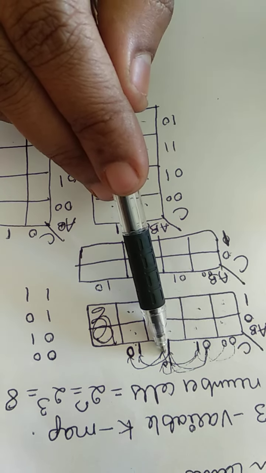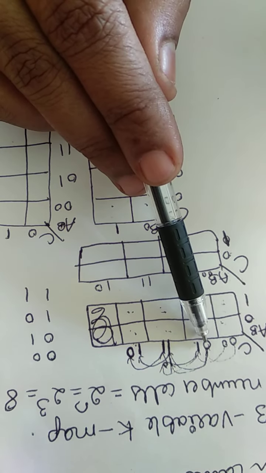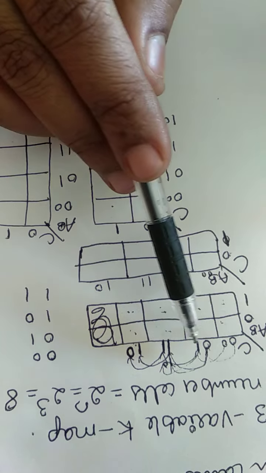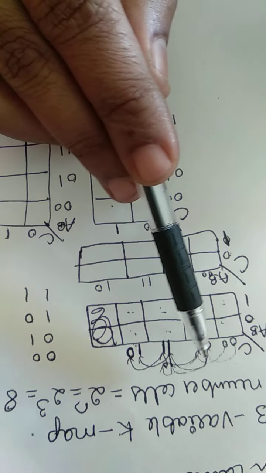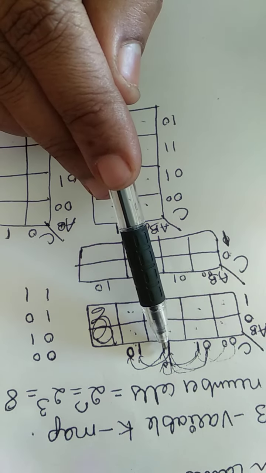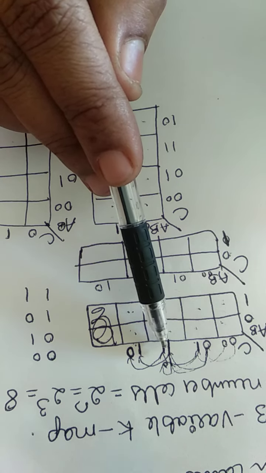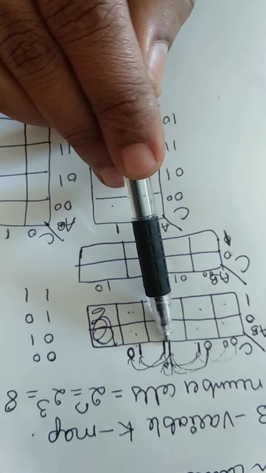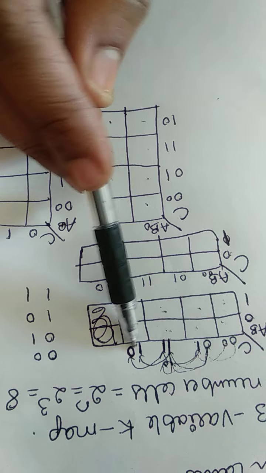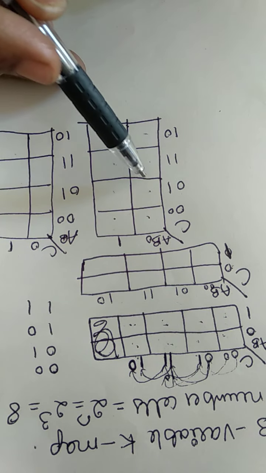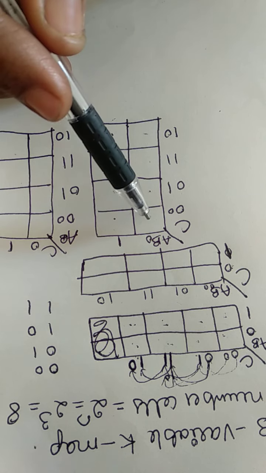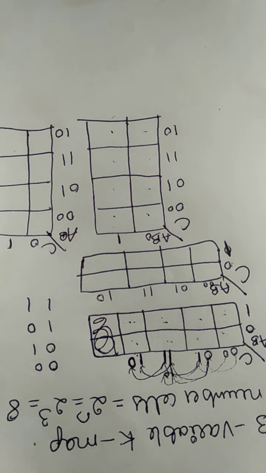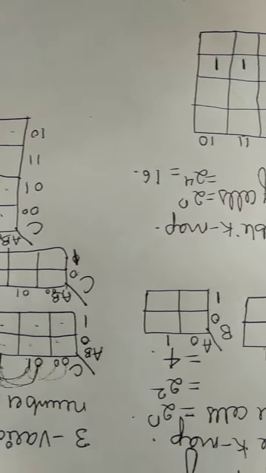If we take 1, 0 here, after 0, 1, we can't take 1, 0 over here, because if we take 1, 0 over here, it will be changed by 2 bits. So 2 bits we can't change. Because of this reason we are taking 1, 1 first, then 1, 0. Then you can draw the 3 variable K-map vertically also, and you can interchange the variable places.